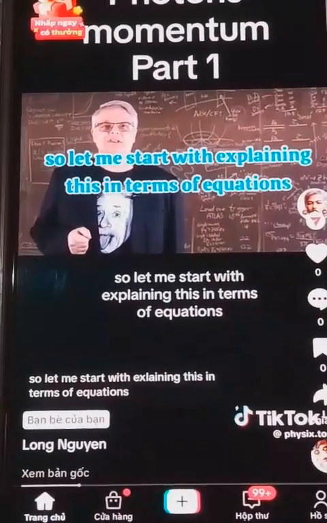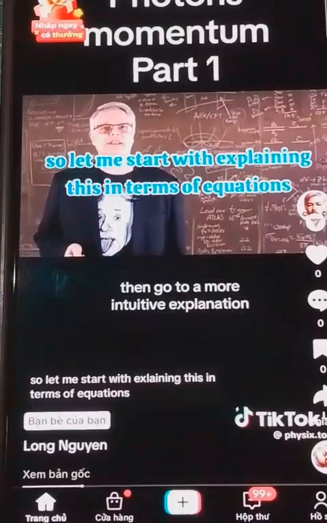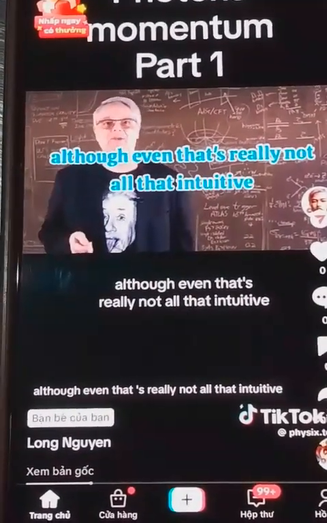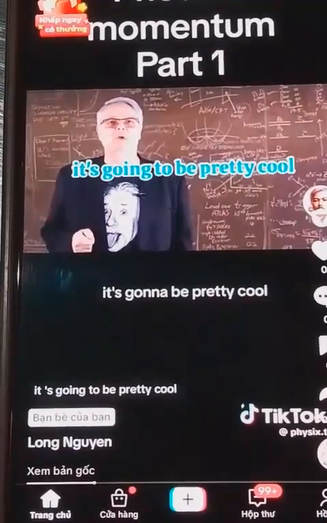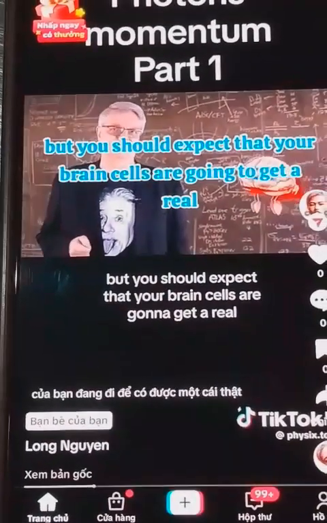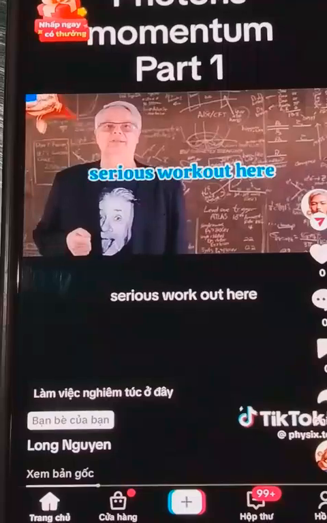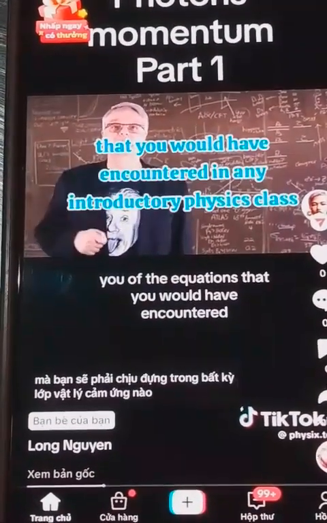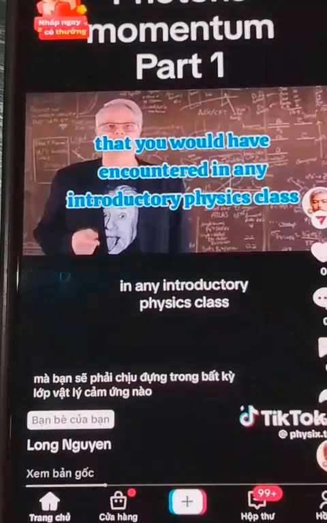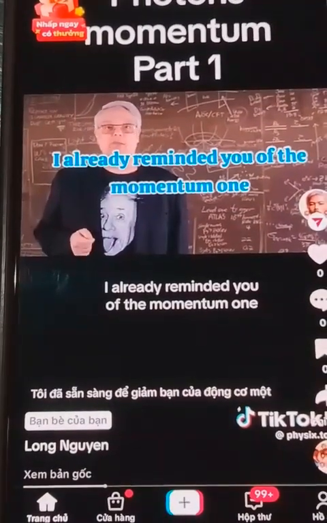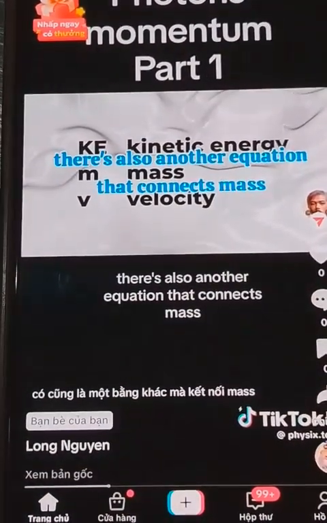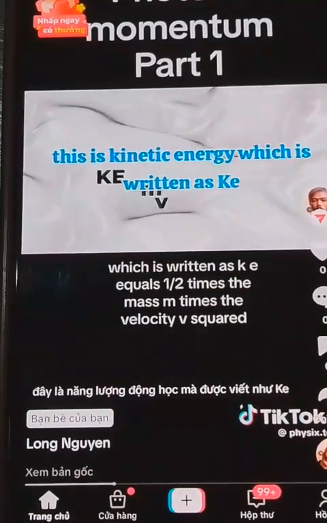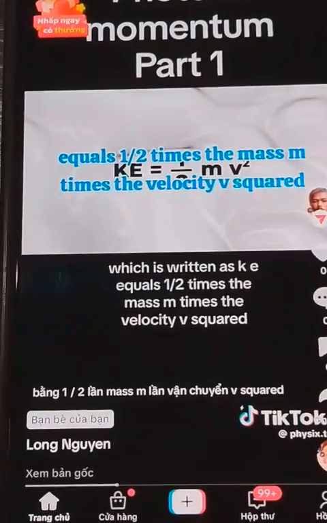So let me start with explaining this in terms of equations, then go to a more intuitive explanation, although even that's really not all that intuitive. It's going to be pretty cool, but you should expect that your brain cells are going to get a real serious workout here. First, let me remind you of the equations that you would have encountered in any introductory physics class. I already reminded you of the momentum one. There's also another equation that connects mass, velocity, and kinetic energy. This is kinetic energy, which is written as KE, equals 1/2 times the mass